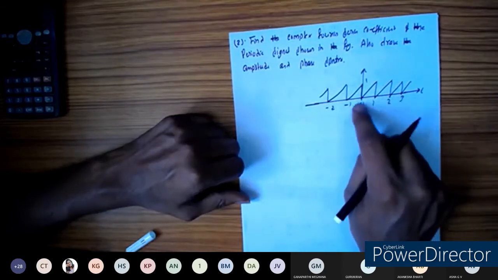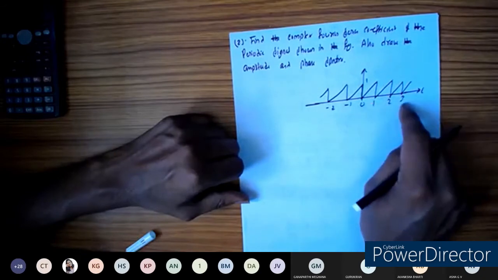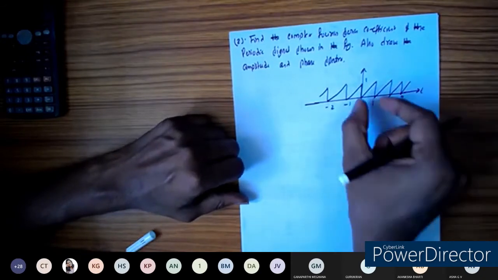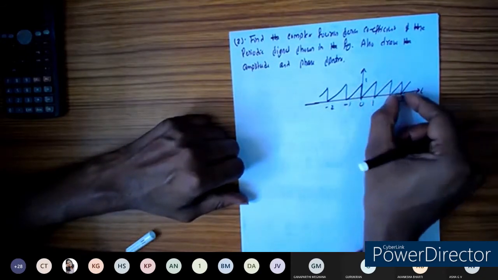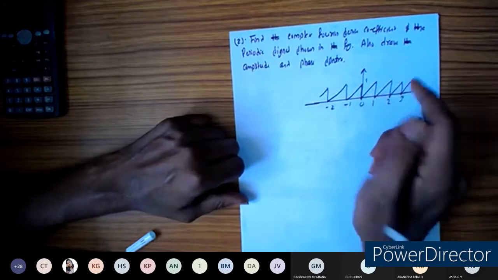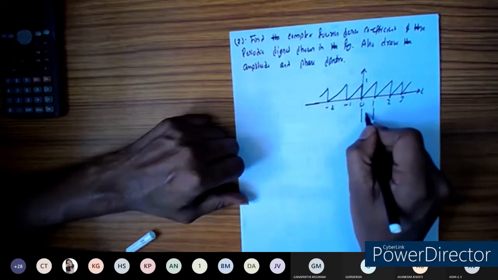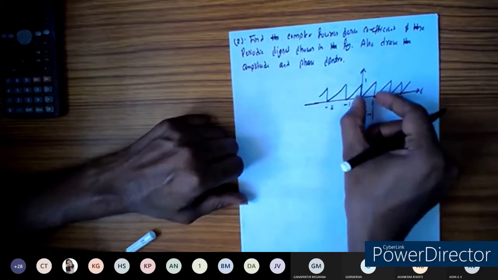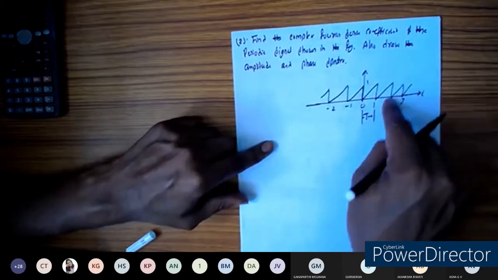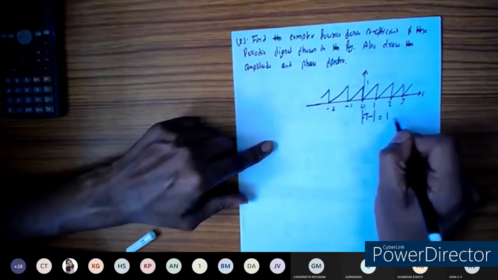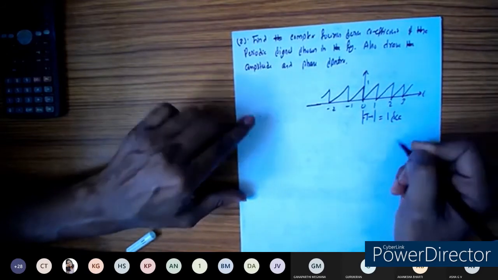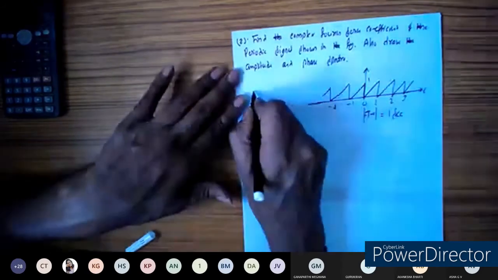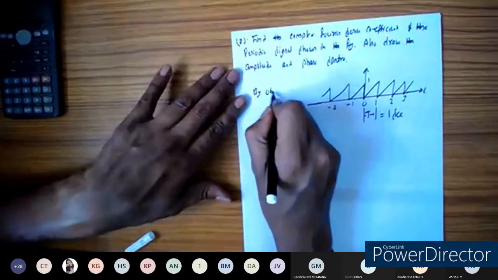Okay, so what is the fundamental period of the signal? By observation, what is the fundamental period so that the signal is repeating here? You can see this is a fundamental period here. After every this one, the signal is repeating, so we can say the fundamental period of the signal is nothing but T. After every T seconds, it is repeating. Again, it is repeating. So the fundamental period T is equal to 1 second. You can take it by observation.